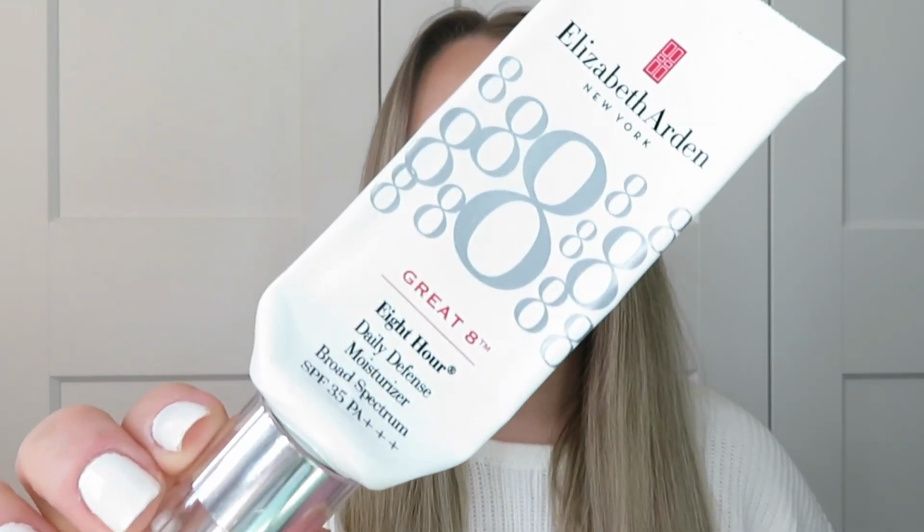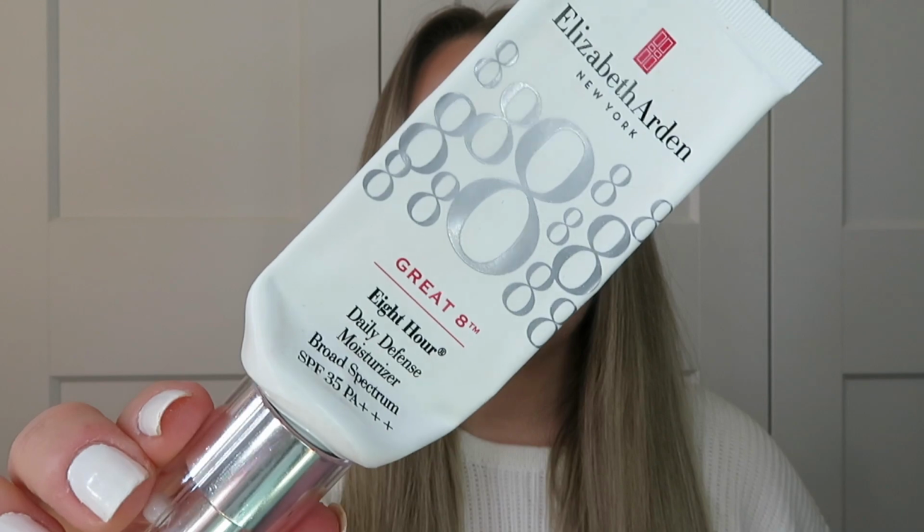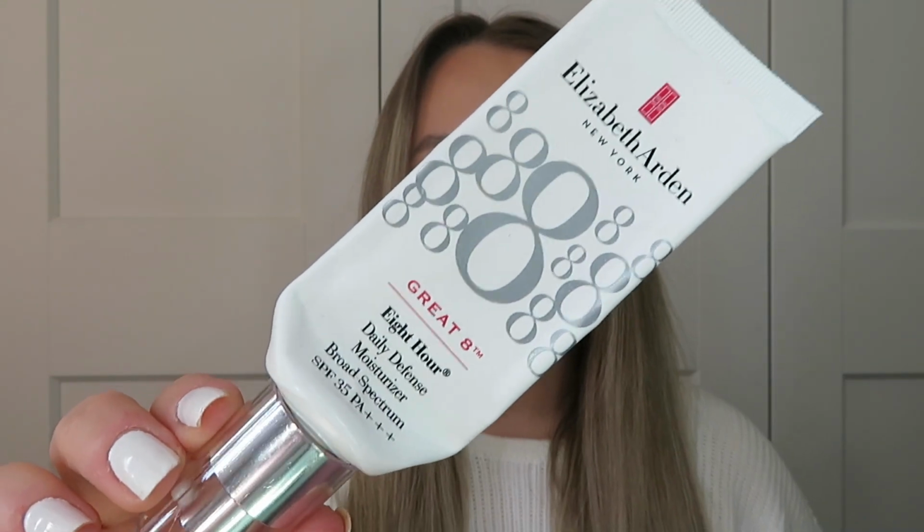Yeah, I really like this. Next we've got a moisturiser from Elizabeth Arden. This is the Great 8-Hour Daily Defense Moisturiser. So this has got SPF 35 in as well, which is great. So I bought this in about September time, I think, last year. I didn't open it straight away because I was using other products. Then I opened it,